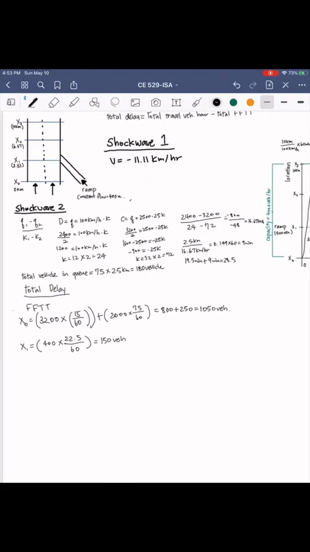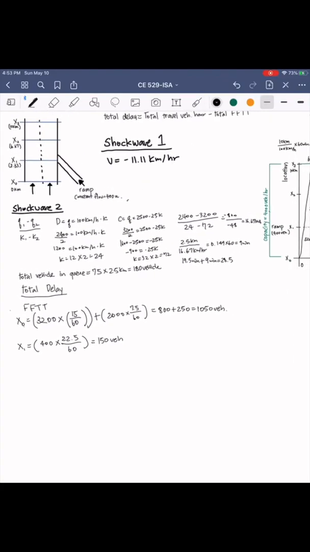So now that we have a number of vehicles, we want to calculate what is the total vehicle hour for the free flow travel time. So we will first set up the equation like 1050 vehicles times, they would take only 6 minutes to get to x3. So 6 divided by 60 plus 150